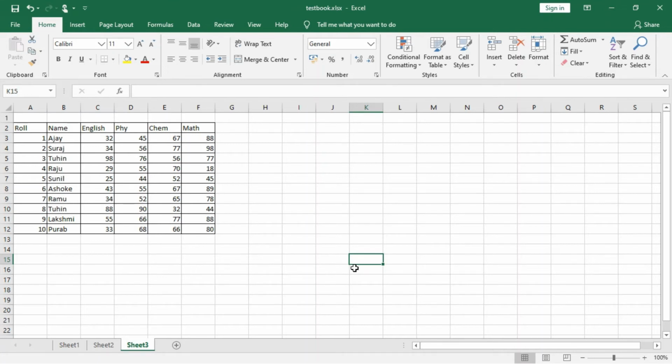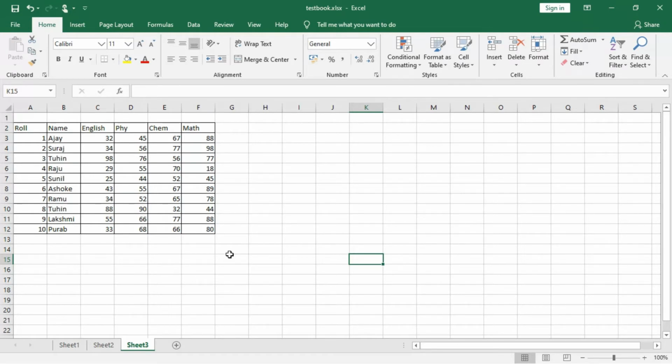So students, we are starting with charts: how to create, modify and format charts. As per your textbook, it is in Session 8, creating charts in Excel. I have already taken a few data out here. You can see the columns and rows. I have arranged the data and there are four subject marks. On the basis of that, I am going to make my chart.